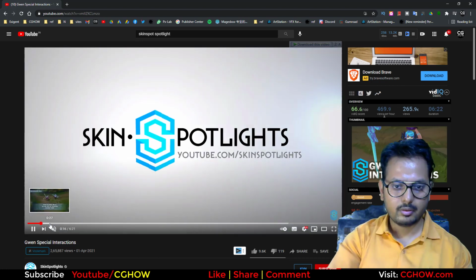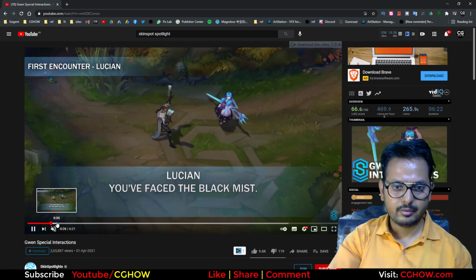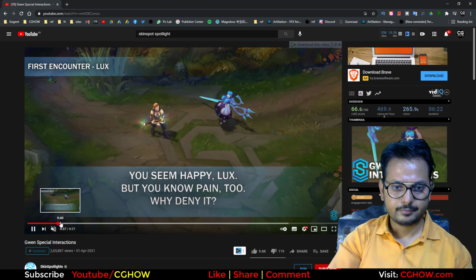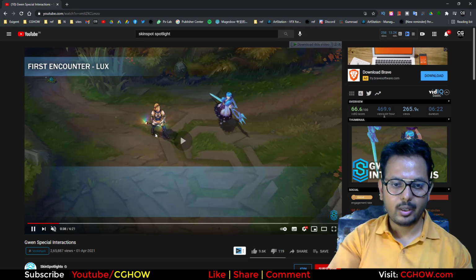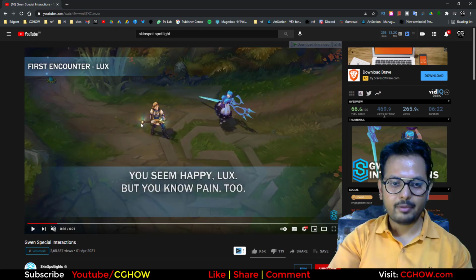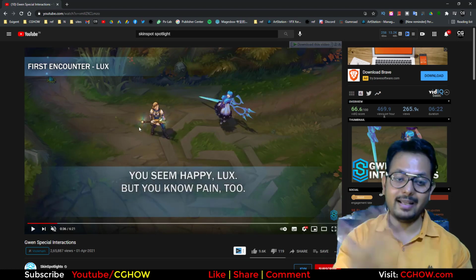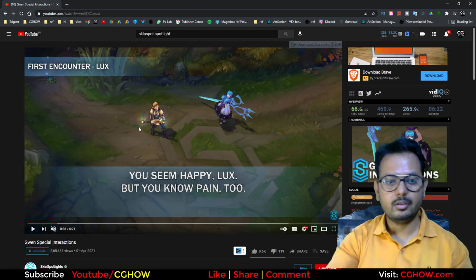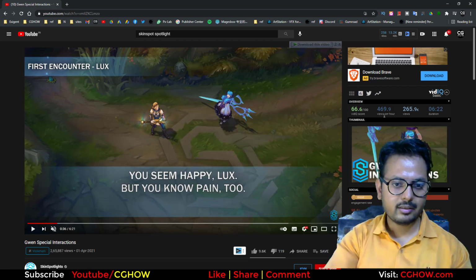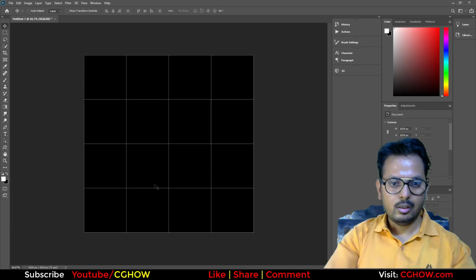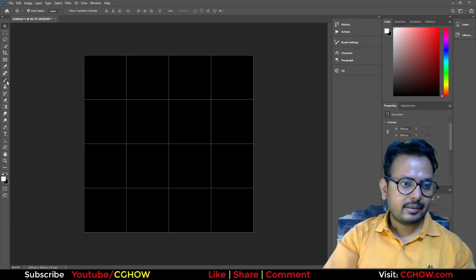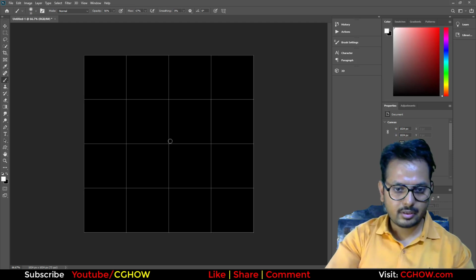So now if I move ahead, so it has this glow and this looks like 3D. This is not camera facing, it's slices in all direction. So how you will do that, and it's very easy, I think. So I'll just quickly take some texture. I'll just make some texture here,